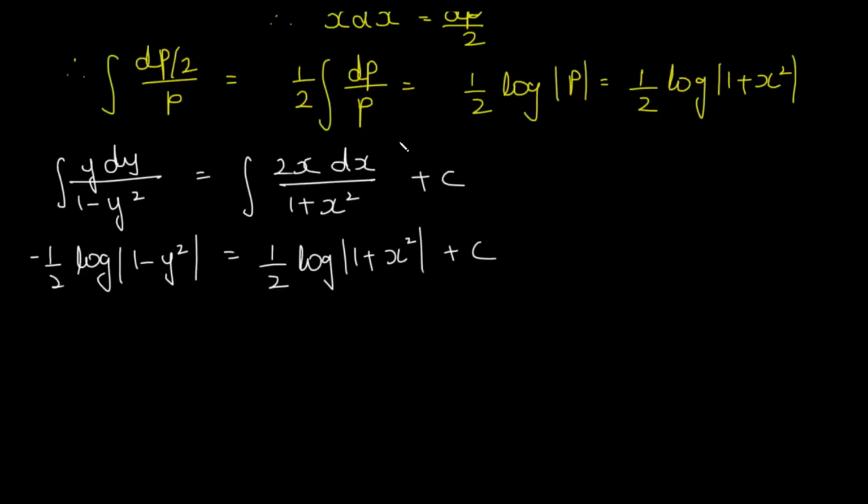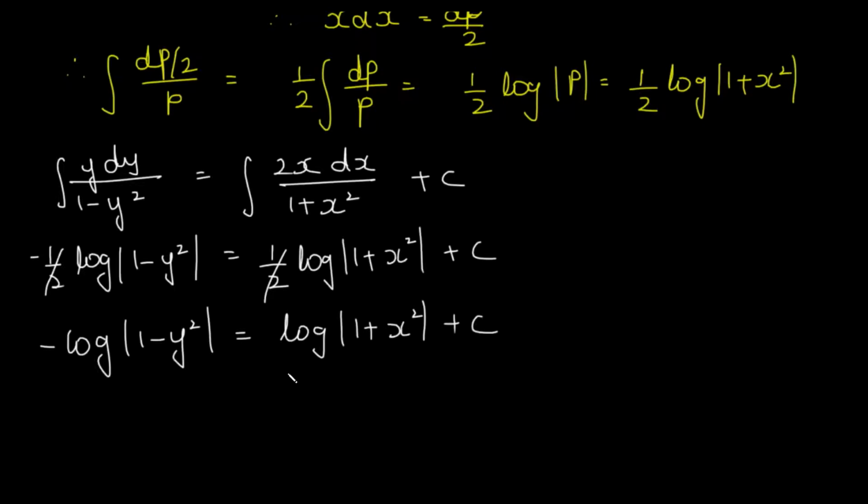So thus this is one way of solving it. So this is essentially our answer. We can cancel out this 1 upon 2 which is common to both the sides. C plus c is a constant term. Even if we cancel this out, it doesn't matter over here. We can write 1 upon 2c and that becomes another constant. So keep that in mind and we just eliminate this constant from here. So then we can write it this way, that is minus log of 1 minus y square is equal to log of 1 plus x square plus c.